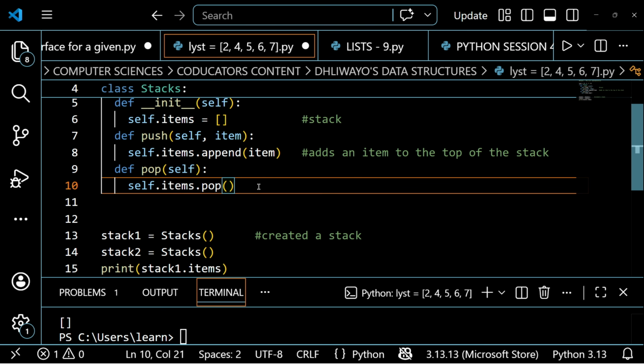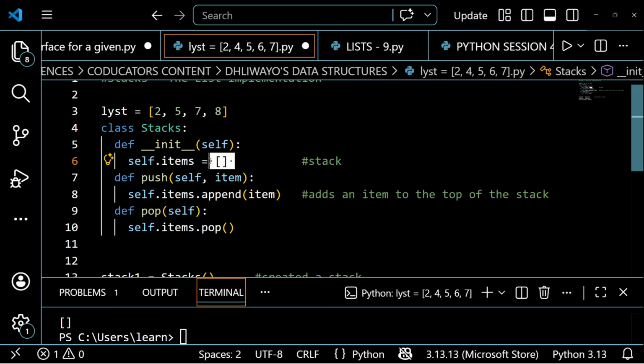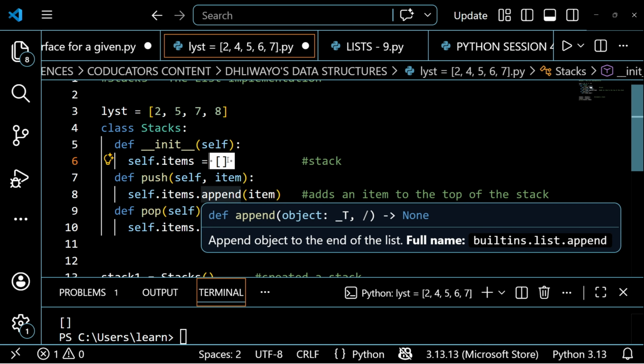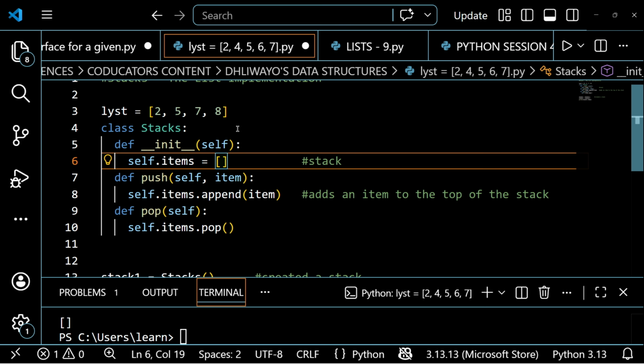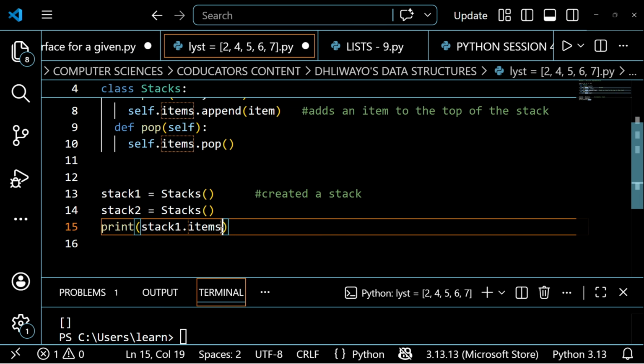But now the problem is, you know that this pop thing can only work if we've got items already in our list. Let me just say I give you this empty list, which I call a stack, of course. This empty list that I'm giving you doesn't have any item in it. So if I try to remove items from an empty list, it cannot work. Let me just say here, stack 1, remember this stack 1 is an empty list.